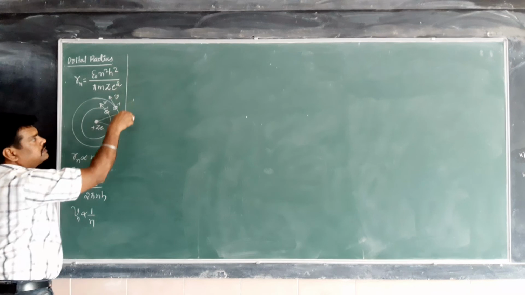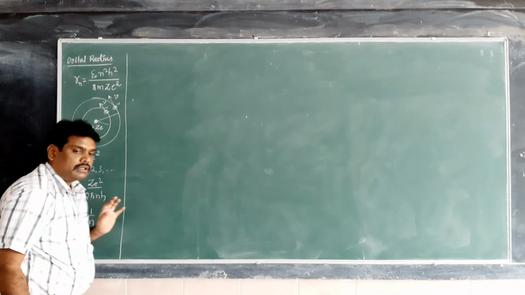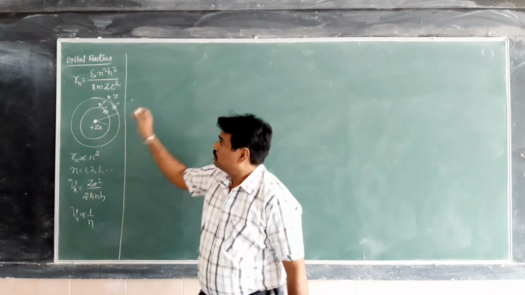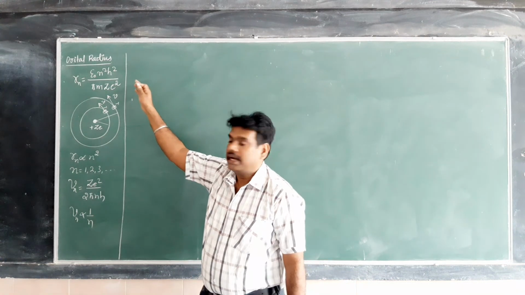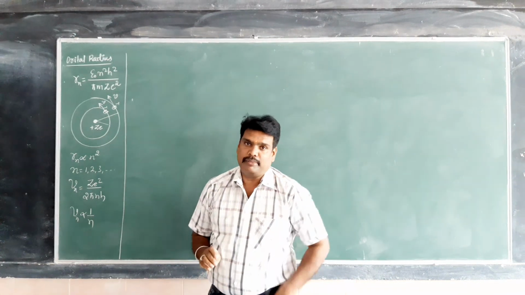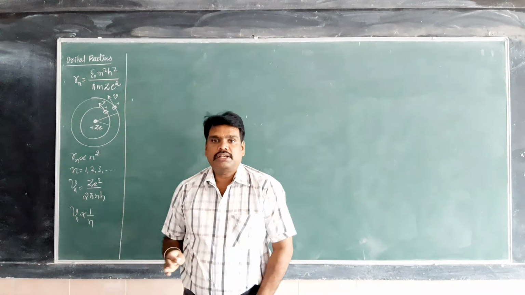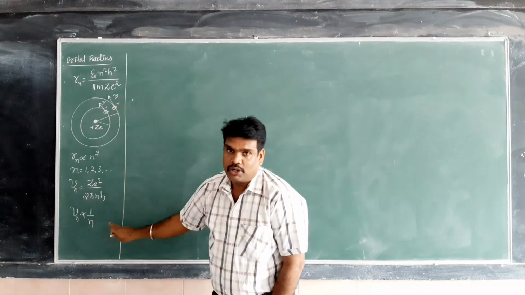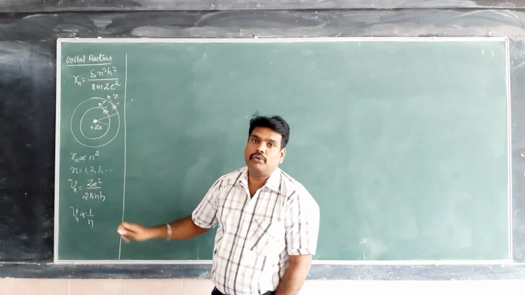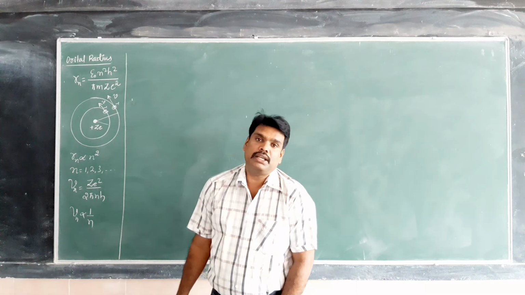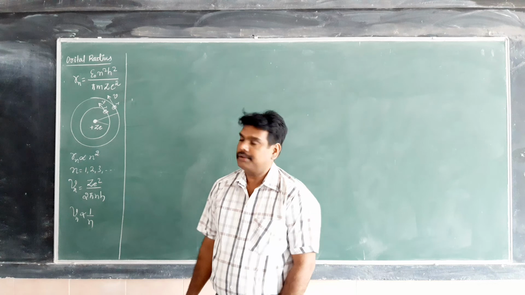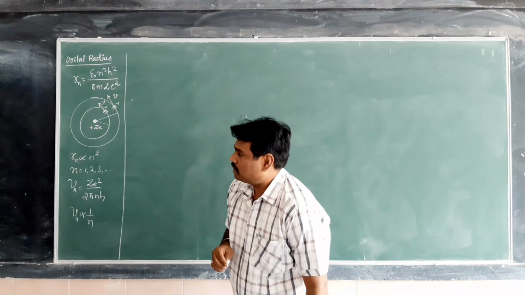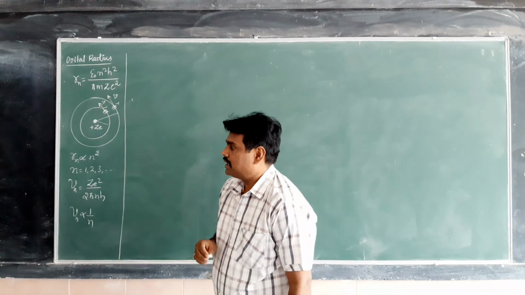So these two derivations are very important. I already derived them in the previous video. You have to practice those derivations, as they are important for the examination. Just here in this session, I have taken the final equations for orbital radius and orbital velocity of the electron revolving in its stationary orbit. Clear? So today I am going to derive the expression for the energy of an electron in a stationary orbit.